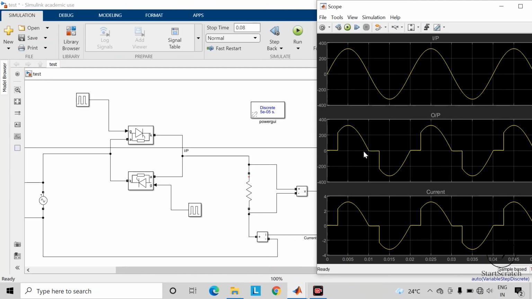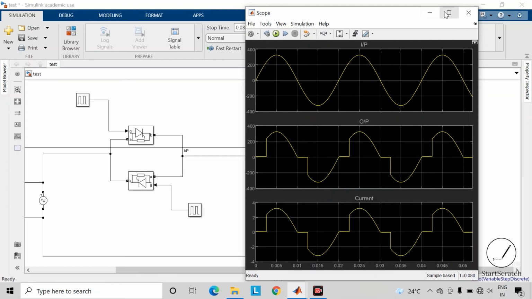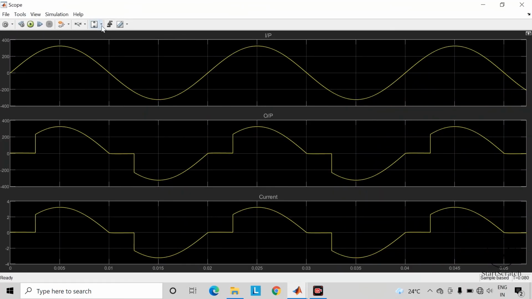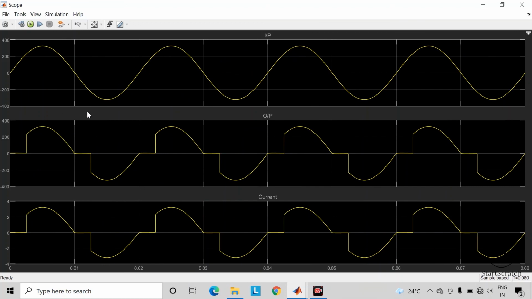And at omega t equals to pi, this thyristor 1 will get reverse bias, and after the delay of further 2.5 milliseconds, this thyristor 2 will start conducting. So here you can observe the voltage waveform in this negative portion, and this current waveform is in phase with the output voltage waveform because we are using resistive type of load. So as you can observe here, we are able to control the output voltage across the load in positive as well as negative half cycle of the AC supply. So the name of this controller is AC voltage bidirectional controller.